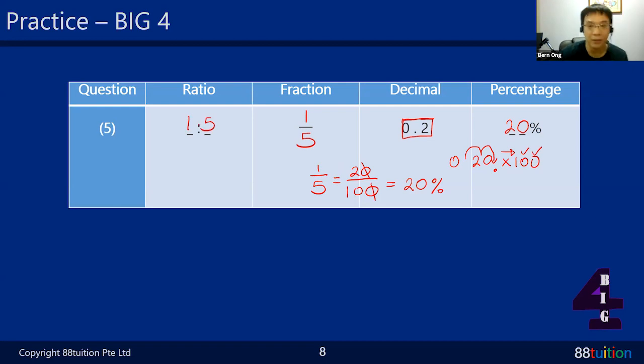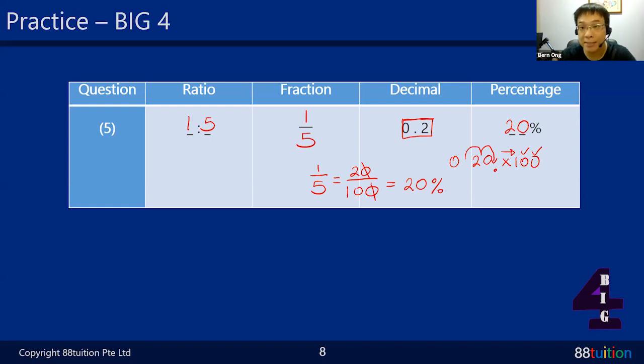Can you see? All right, so this is a practice for big 4. I think it's very, very useful because some of you have problems changing from fraction to decimal. Today, I just showed you 3 methods, the only 3 methods that your school taught you. Number 1 is to memorize the more common ones. Number 2 is to make the denominator into a 10, 100, or 1000. And the last one, use long division. Cool? So these are ways to change from a fraction to a decimal. And to get to a percentage, remember? Times 100.